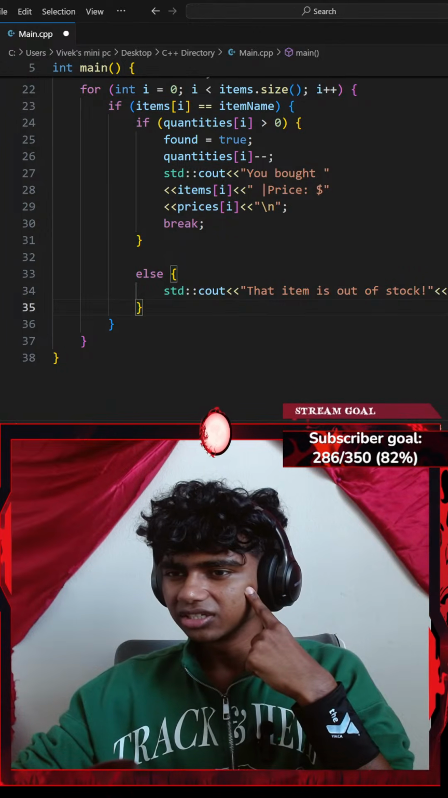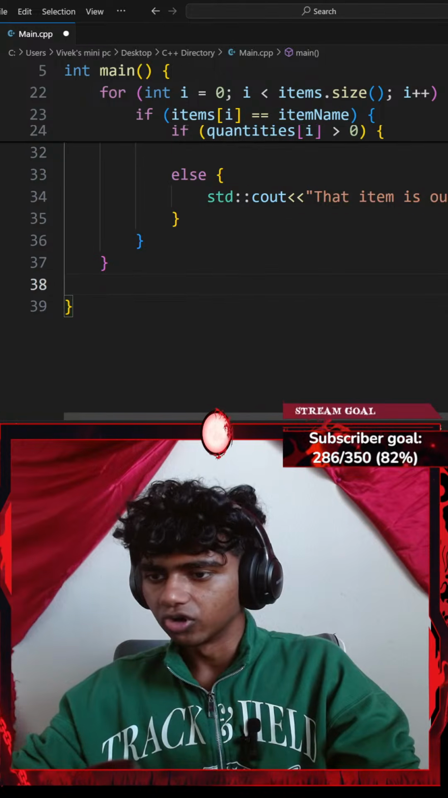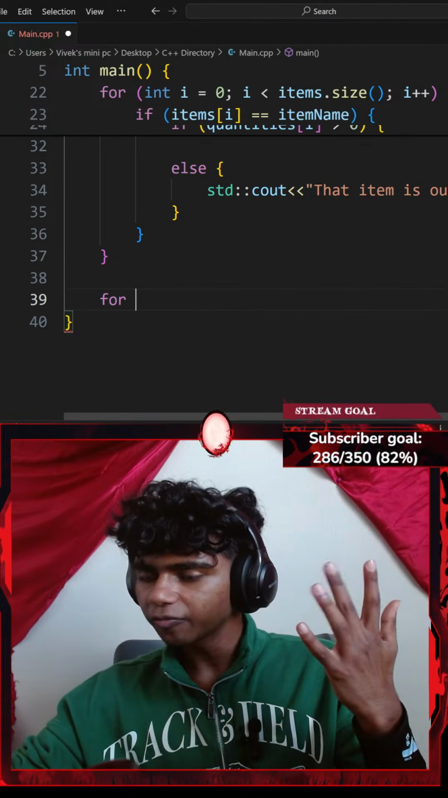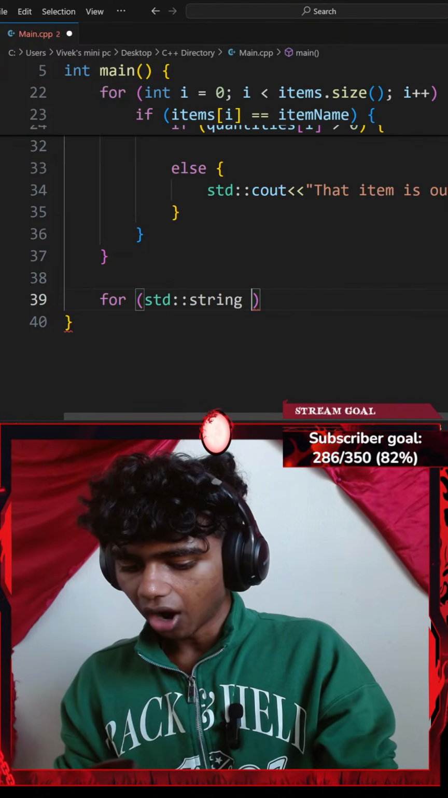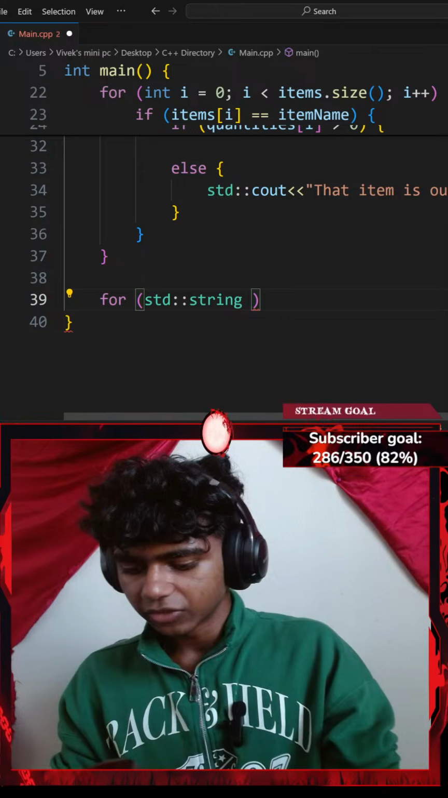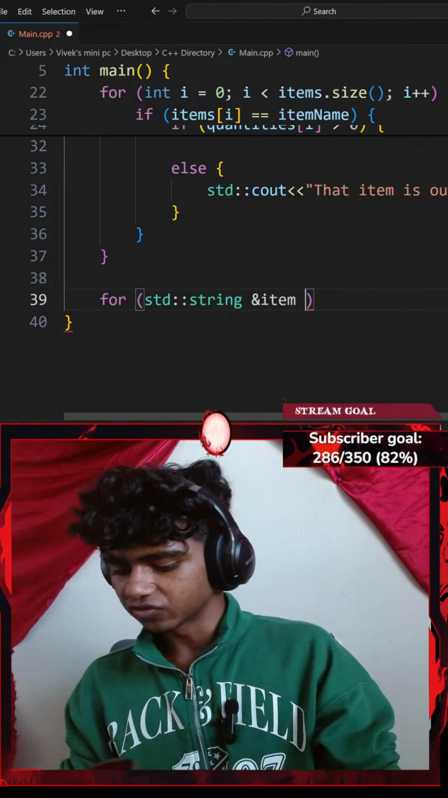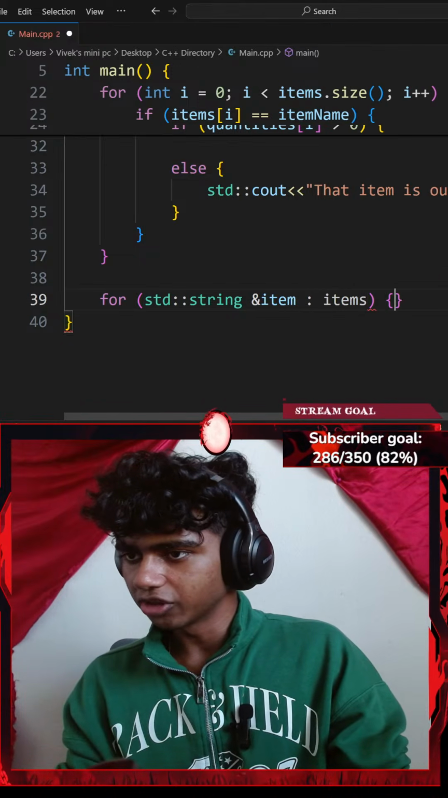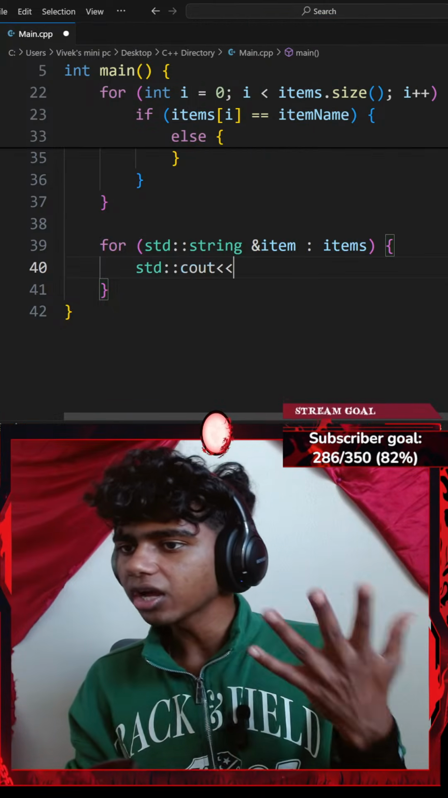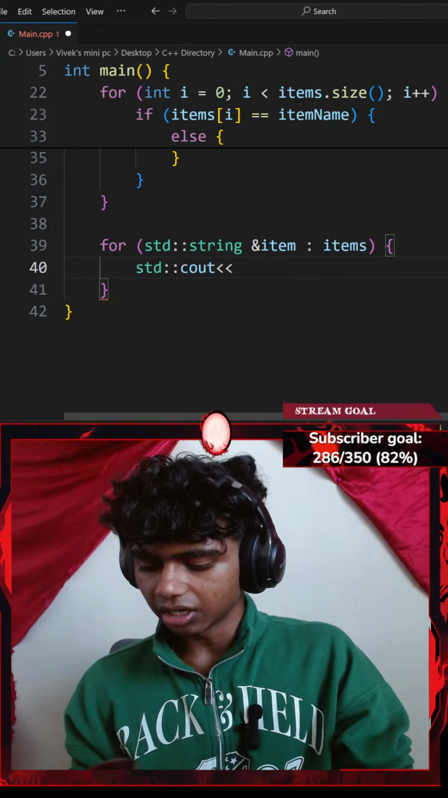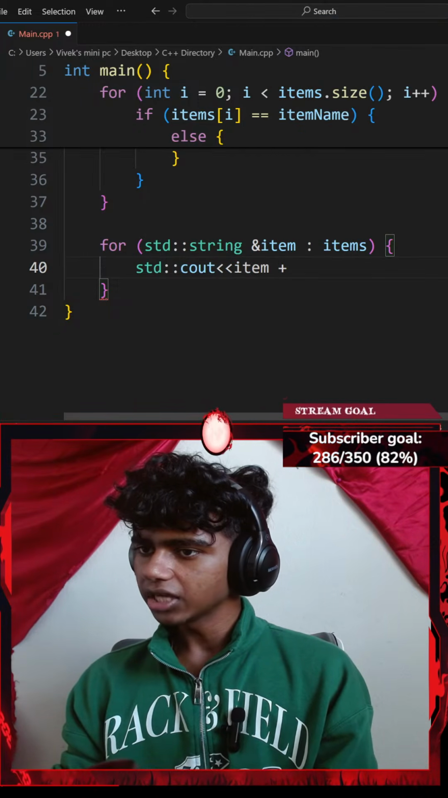Okay, let's see. Next up, outside my for loop, let me go ahead and add another for loop. So I'll go with for a pair of parentheses. Let's say for every standard string of item, I'll go with a reference-based for loop in my vector of items, with a pair of curly braces, and then add a standard console output with an insertion operator. I want to go with my item plus